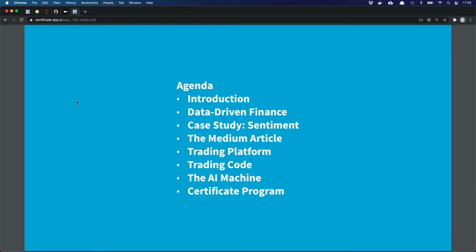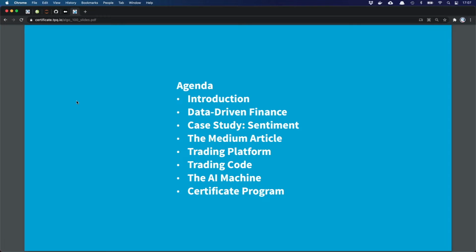Right, here's the agenda that we have planned for today. I have a quick introduction for those who don't know exactly what we are doing at Python Quants and at the AI Machine. I will then briefly discuss data-driven finance, and I will then hand over to Jason Ramchandani from Refinitiv. I'm happy I could win him over to present a case study up front about sentiment, which has become so important recently. Usually it's not a daily topic covered in the financial press, but with the GameStop story and the Wall Street Bets group on Reddit, this has become a hyped topic, so to say. So I'm pretty happy that we have a case study.